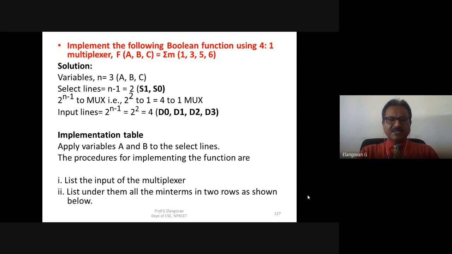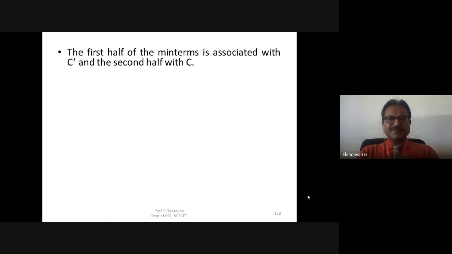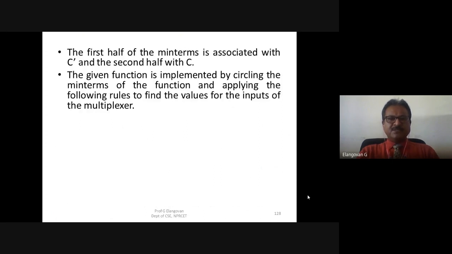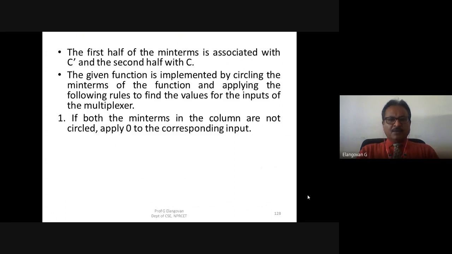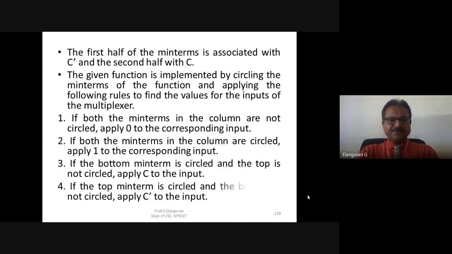So what are the inputs for the multiplexer that we are implementing? The step is, the minterms in the column are circled, and we apply 0 to the corresponding input if nothing is circled. We will see with an example.